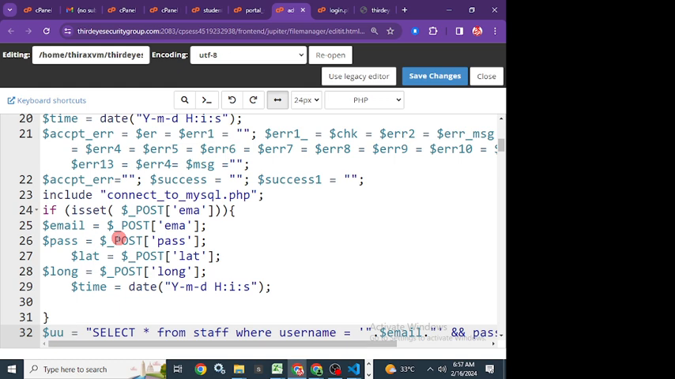Variable pass. I know you could see variable last, variable lunch, variable time. You don't need it in this case. I'm actually using it for another thing entirely. Now, after that, the next thing you could see that I said,